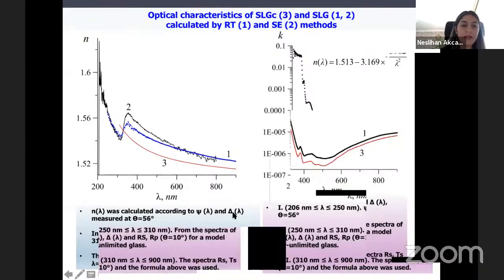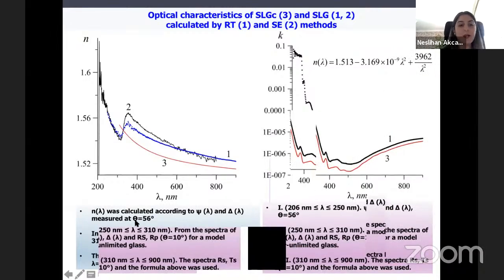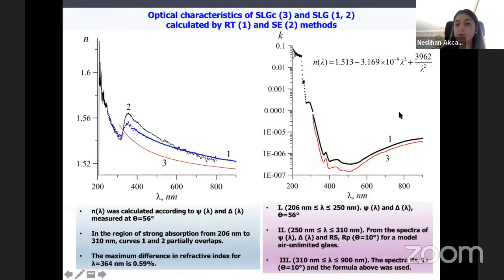N was calculated according to psi and delta measured at theta is equal to 55 degree in the region of strong absorption from 206 nanometer to 300 nanometer. As you see in the figure, curves 1 and 2 partially overlap, and the maximum difference in refractive index